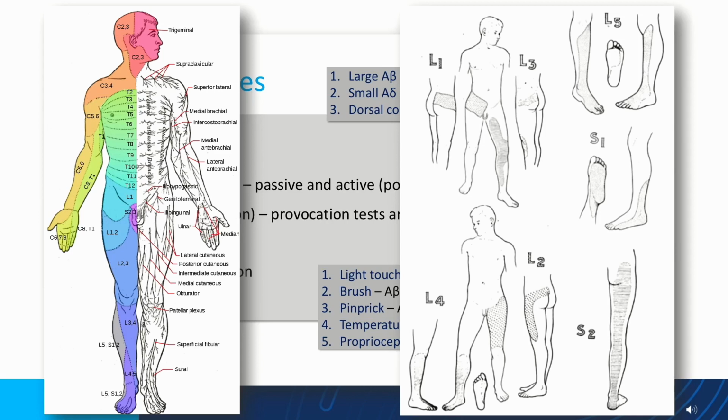If you've got pain within the groin region in a dermatomal distribution, it could be L1. If you've got pain slightly lower down on the anterior and lateral aspect of the thigh, L2. L3 a little lower down, normally affects the knee. L4 knee and below, and L5 shin and down into the top of the foot and the big toe. S1 bottom of the foot and lateral, and then S2 straight down the back of the leg.